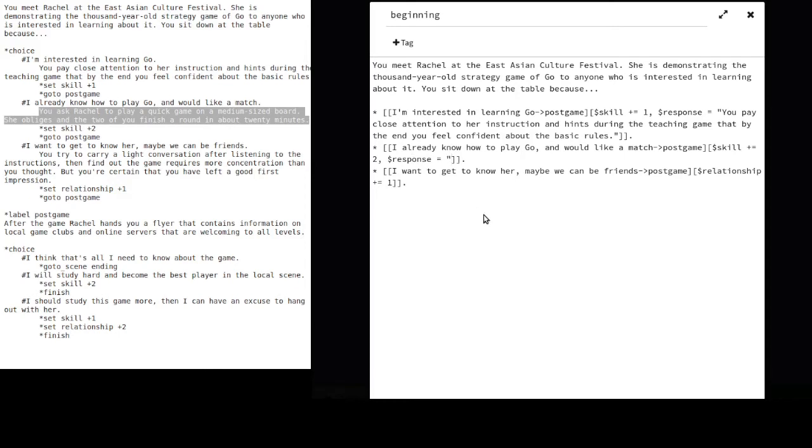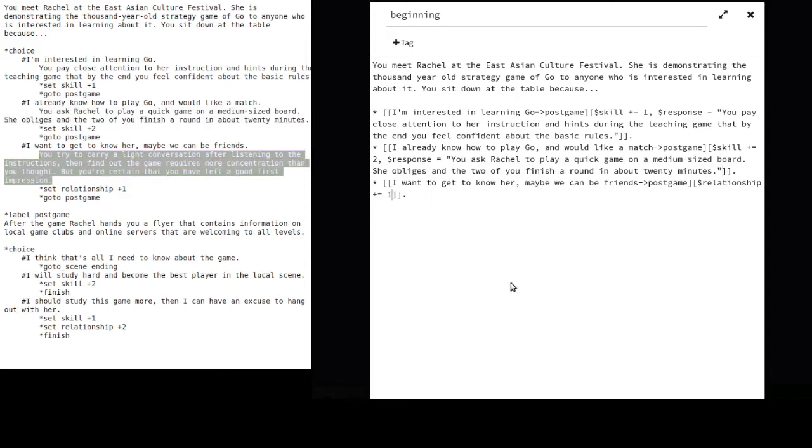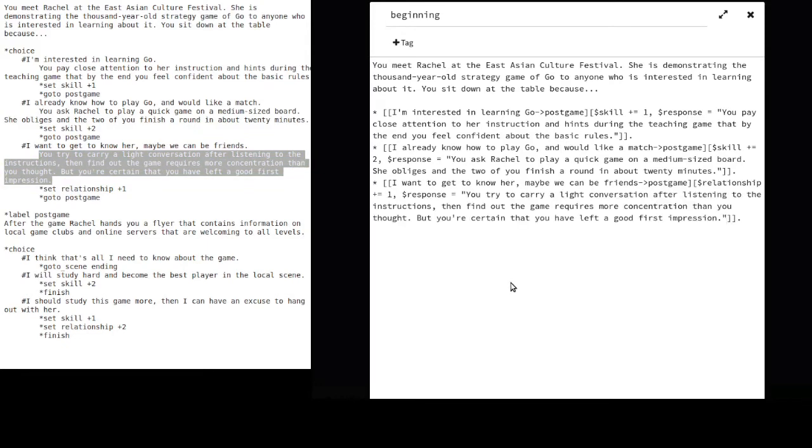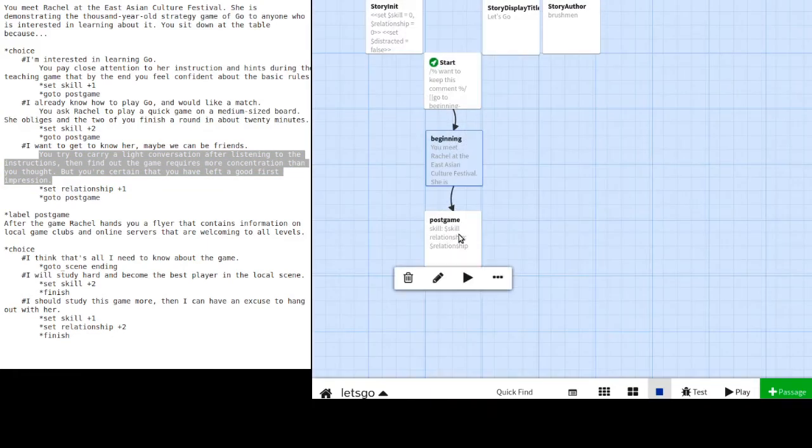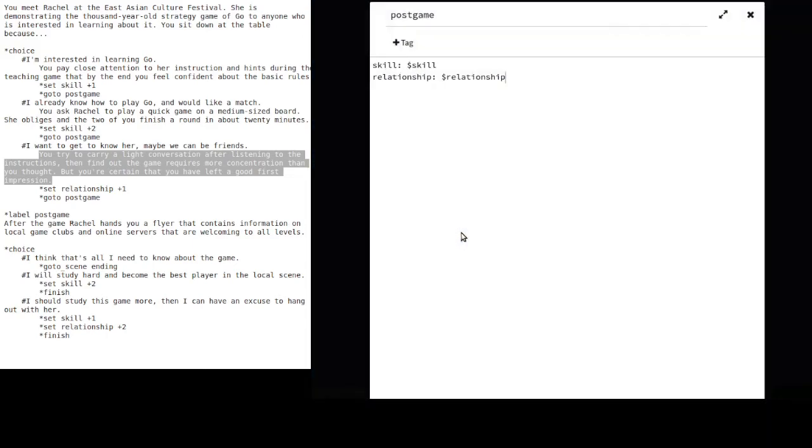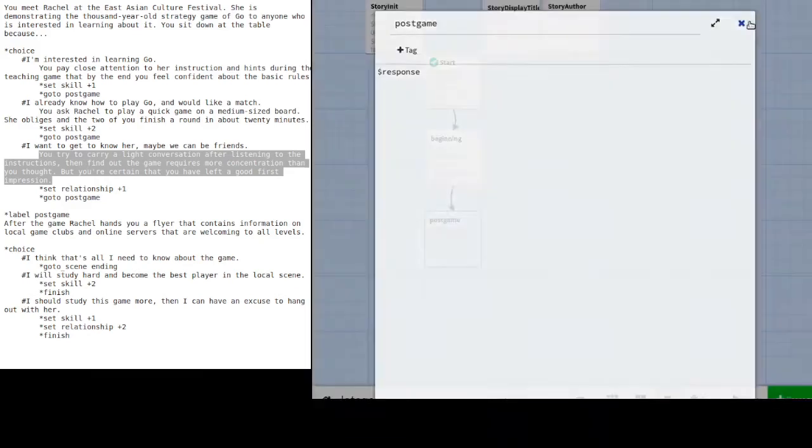You can see that I didn't have to declare this response variable in the story init passage before I can use it. This is not a good practice, but just to show that it can be done. I don't have an example here, but you can use the unset macro to delete any variable from the game when it won't be used anymore.